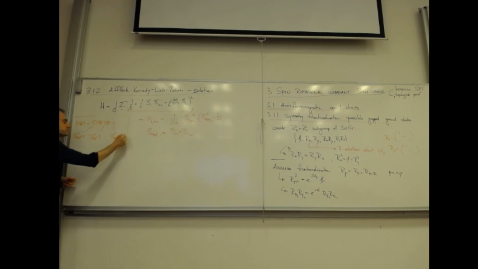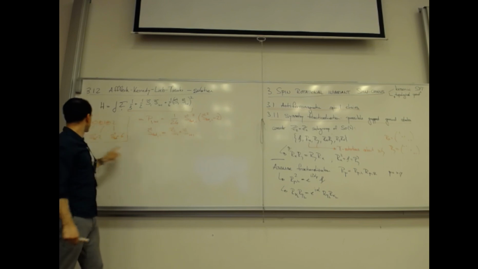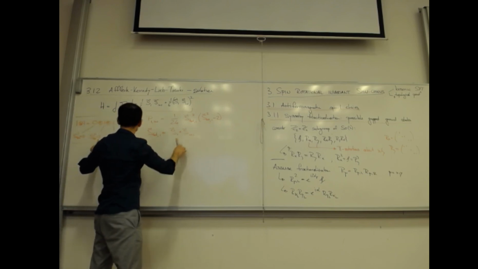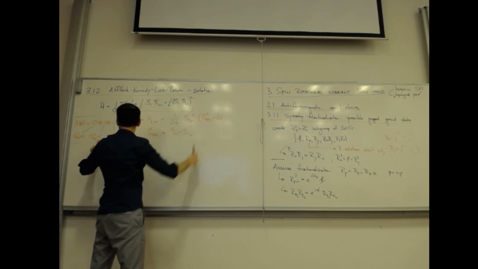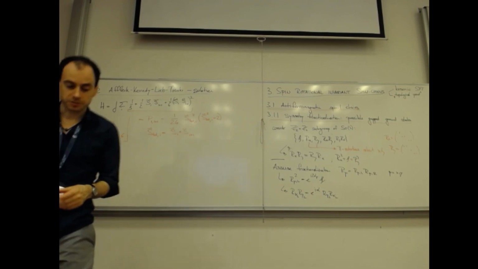So it was a good reminder for myself. Okay, and then you see actually that this is 0 when S total is 0. When S total is in the 1 sector, it's also 0 because of this bracket. And otherwise, it happens to be this is 1, 4 times 6. Okay. Alright, so therefore,